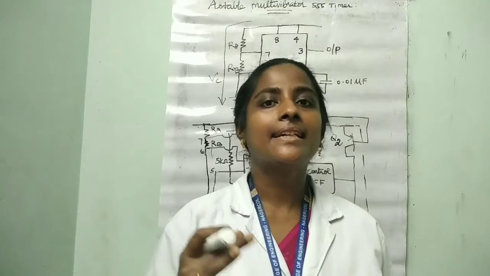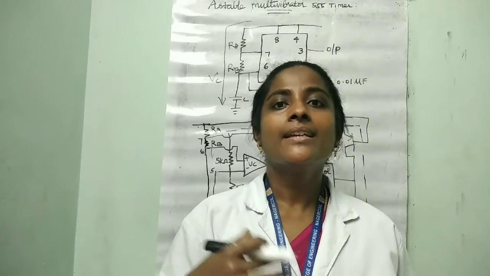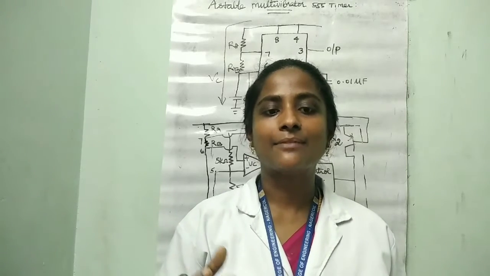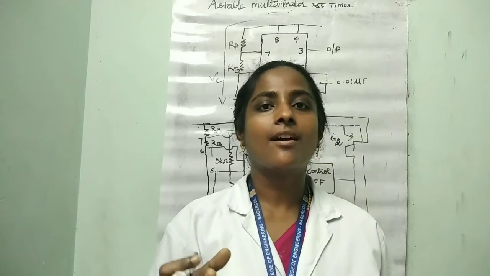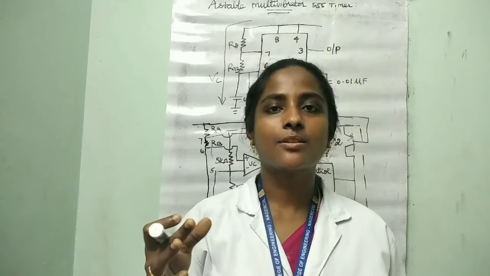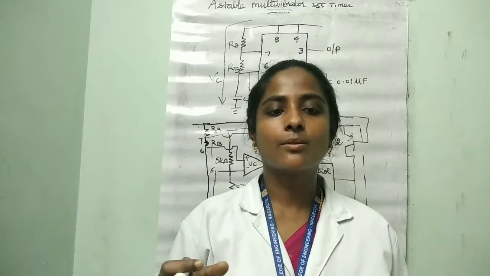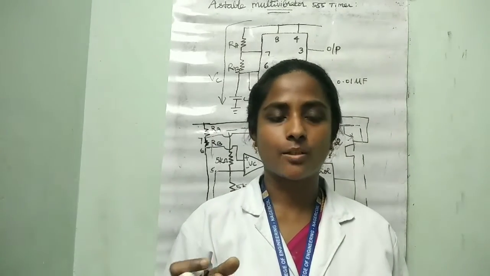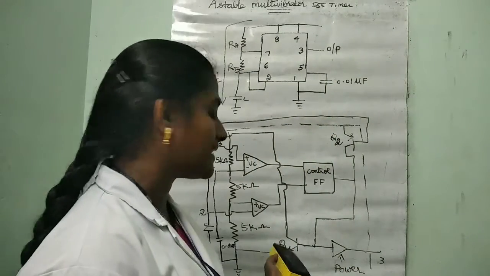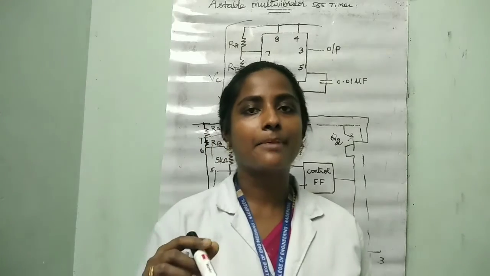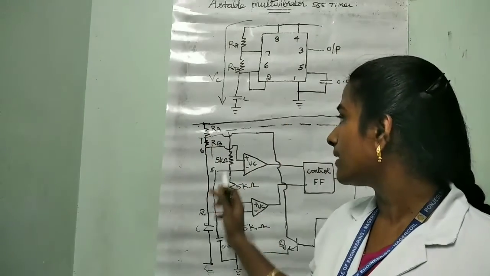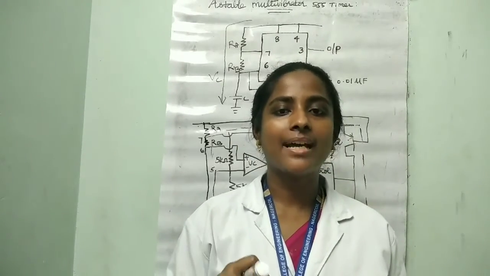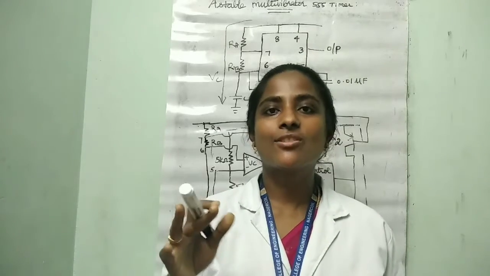Already we have seen when the power supply is externally connected to the timing capacitor, we have the time constant as (RA plus RB) into C. Okay, when this is connected towards the ground with the transistor Q1, the time constant is RB into C. This current also flows into the transistor Q1, and the resistances RA and RB must be large, enough to limit the current and prevent damage to the discharge transistor.